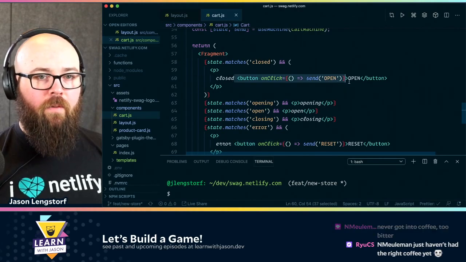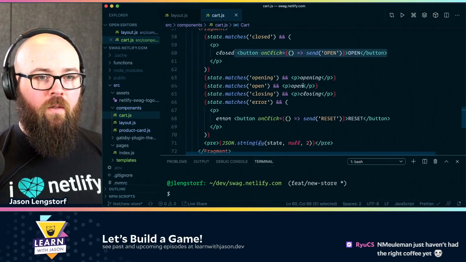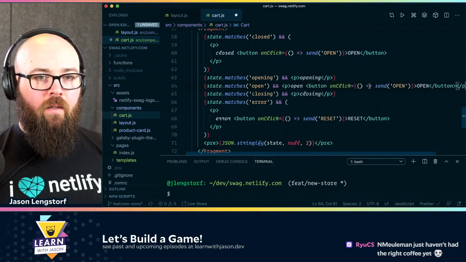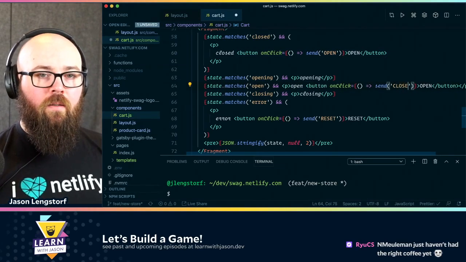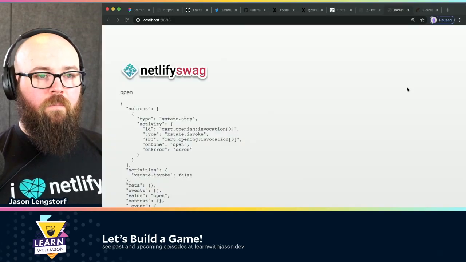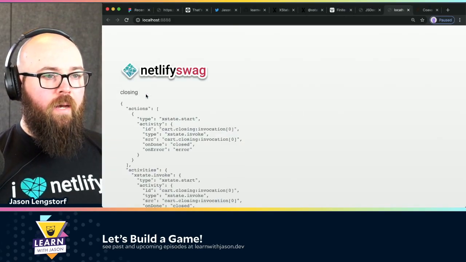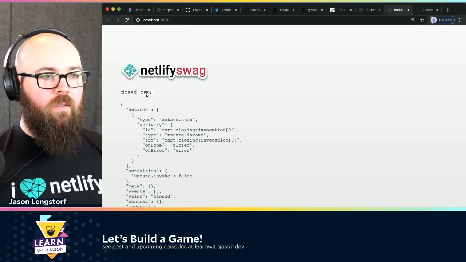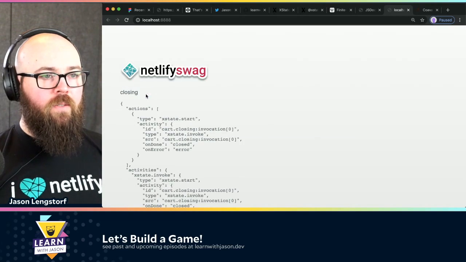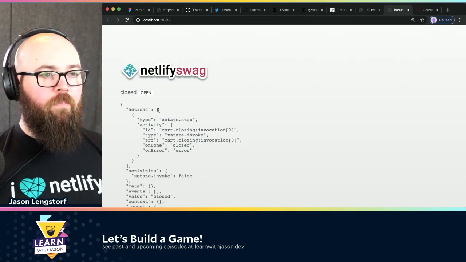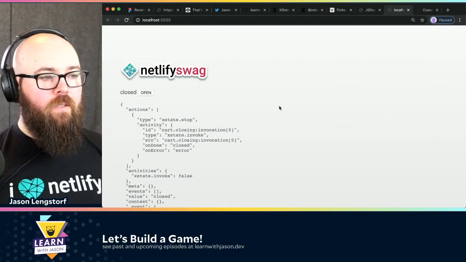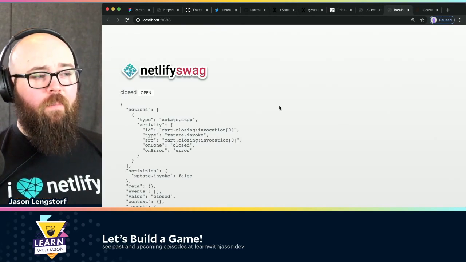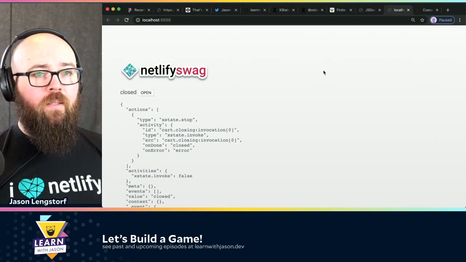So I'll just grab this button straight out. We'll go to open, and here we go. Close, close. And now we can go to closing and closed. Opening, opened, closing, closed. Boom. That's awesome. Okay, so now I have to remember how animation works, this is not my area of specialty at